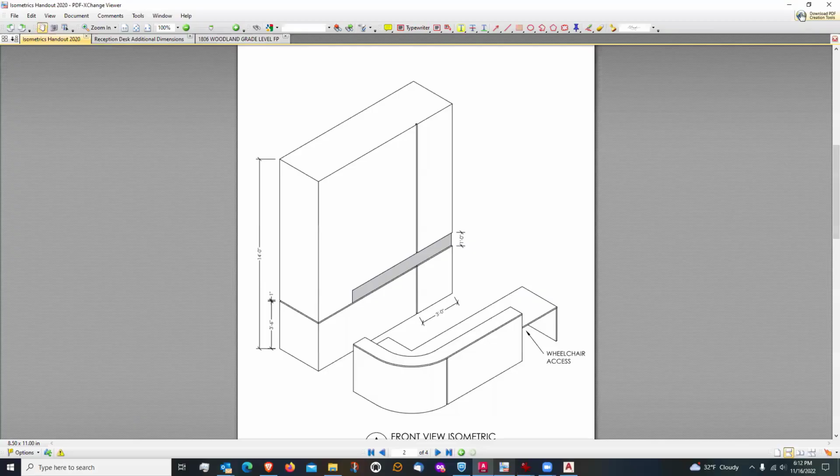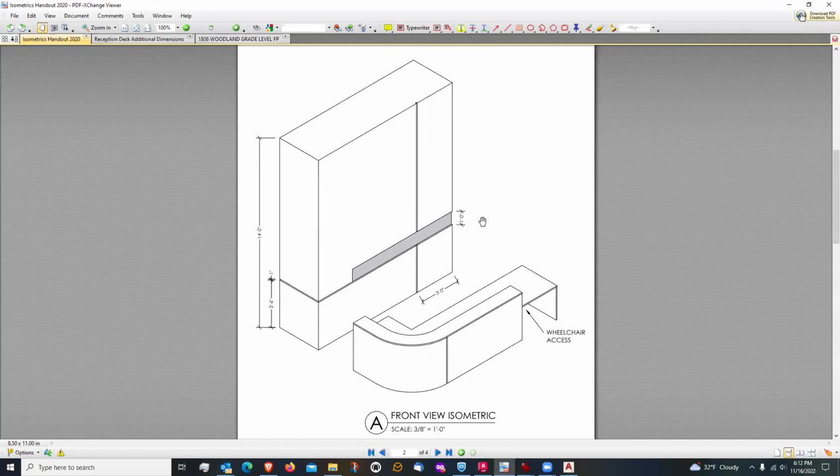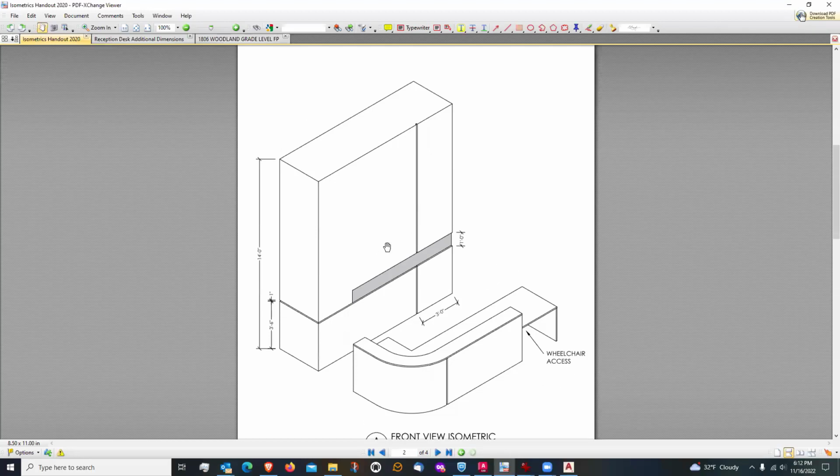So let me go back to the handout. So this is kind of, well, not kind of, this is it. This is what we're going to try to duplicate here. So this is the closet, and on the back side of this closet are the doors, where you hang your stuff up. And then on these sides here, we just have some millwork panels, and there's some reglets over here, or reveals. So they're often called reglets, and they are running around the side and down here, and then